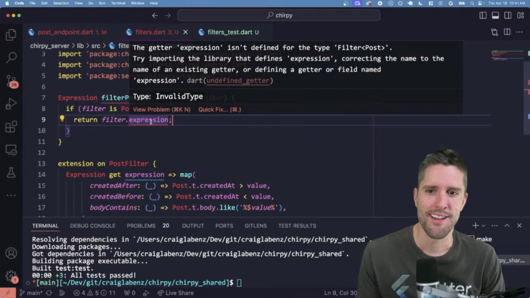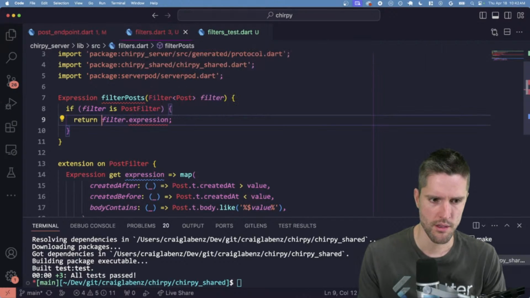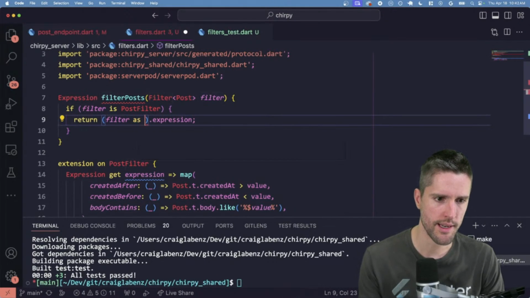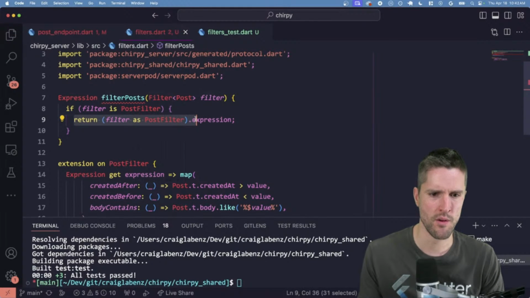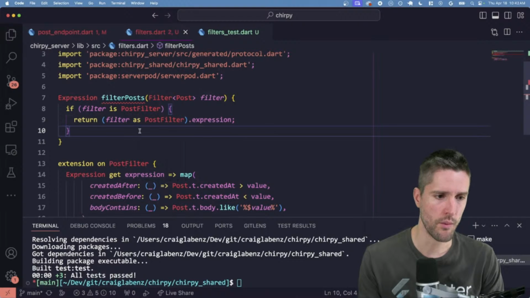Yeah. I don't know why this isn't getting type promoted. It says the getter expression isn't defined for type Post or FilterPost. But I just established that it's a post filter. I don't know why you have to do this. It's very weird. Anyway, otherwise,